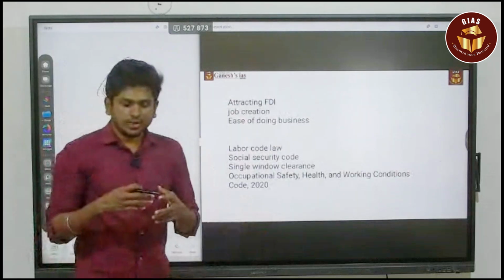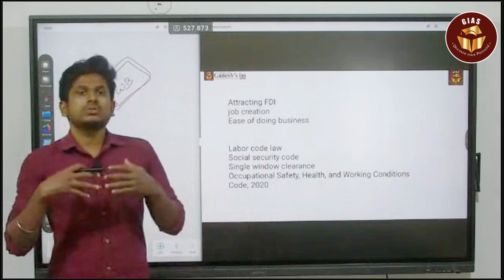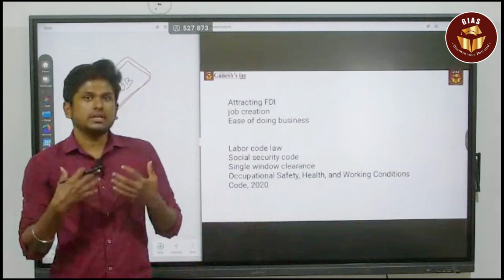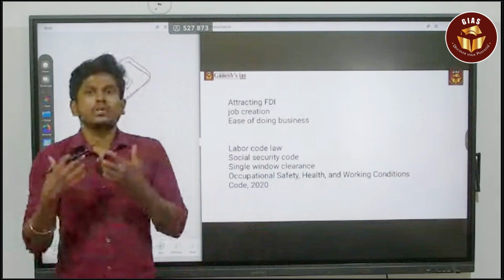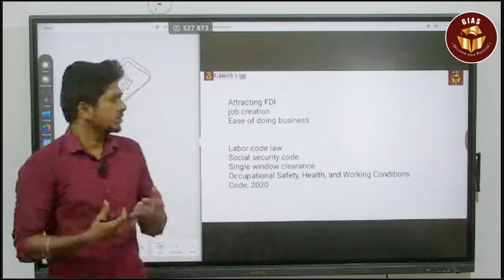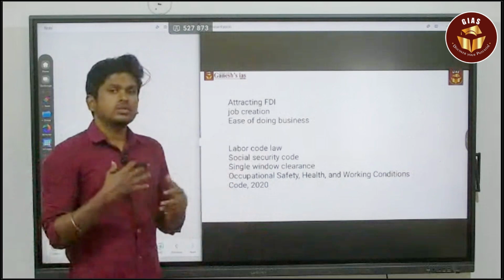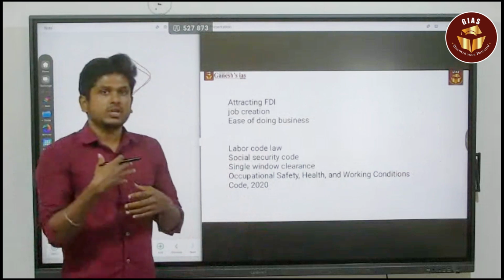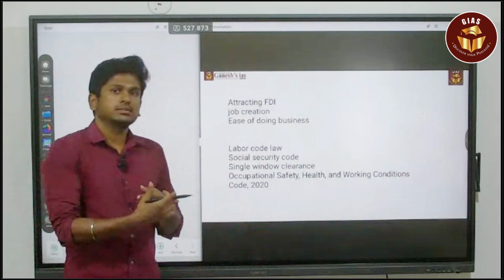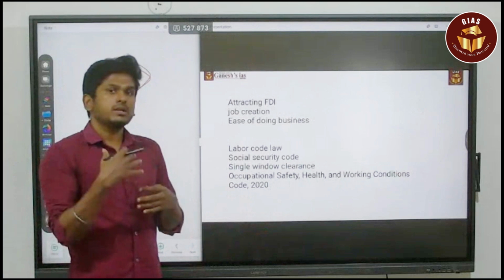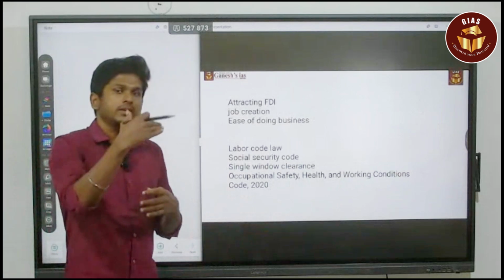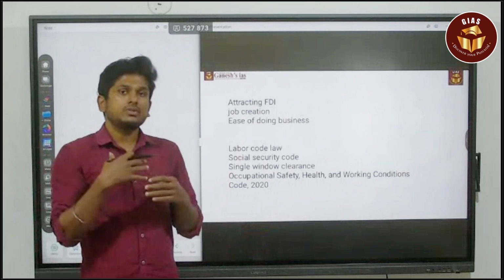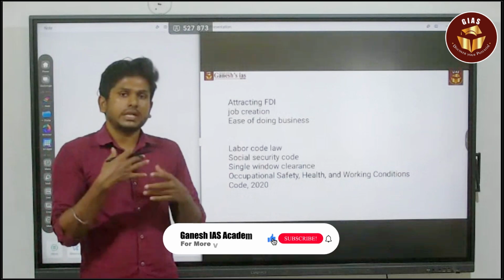So if India has a huge skilled workforce, then there is a huge inflow of FDI. That is going to happen. And also it is going to provide job creation, transfer of technologies, and employment opportunities are going to increase. So people who are employed are going to rise in their hierarchy. So there are huge economic activities. That will lead to economic growth, GDP growth and national income.